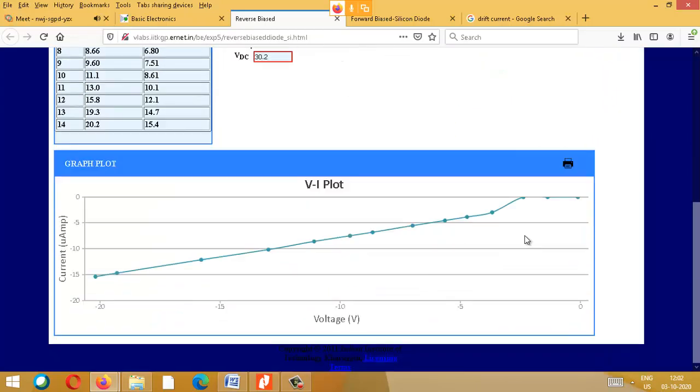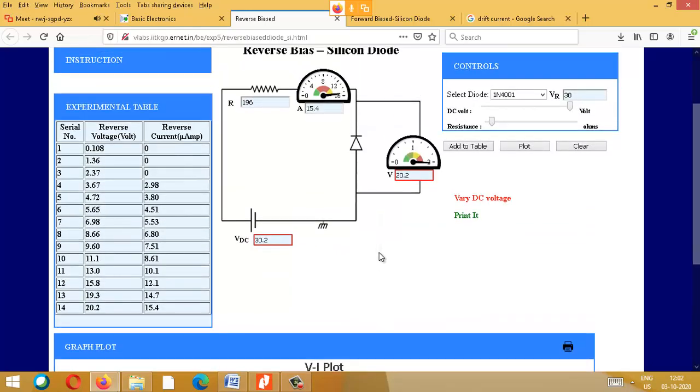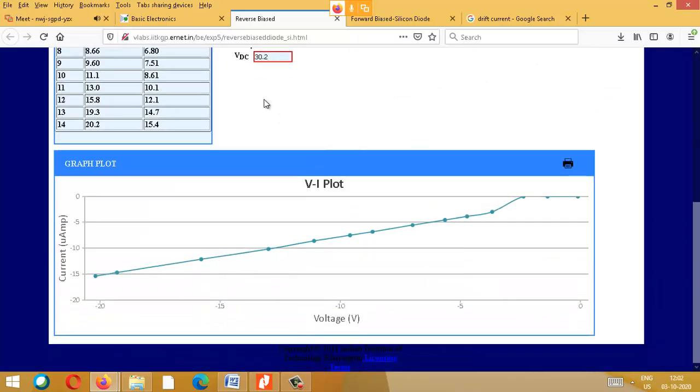Now you can draw this characteristics. This is called reverse characteristics. So you can see here, you are increasing the voltage in the reverse direction. So minus voltage we are putting just to say it is in the reverse direction. So this voltage, the previously shown voltage direction, has been reversed. So you can see here, this direction is reversed, this direction is reversed. That is why the negative direction is shown there. So this you can view in your